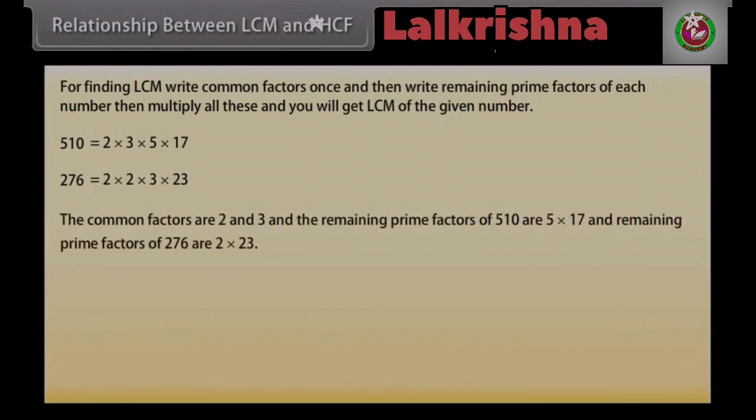The common factors are 2 and 3, the remaining prime factors of 510 are 5 into 17 and the remaining prime factors of 276 are 2 into 23. Thus, the LCM of 510 and 276 is equal to 2 into 3 into 5 into 17 into 2 into 23 equals